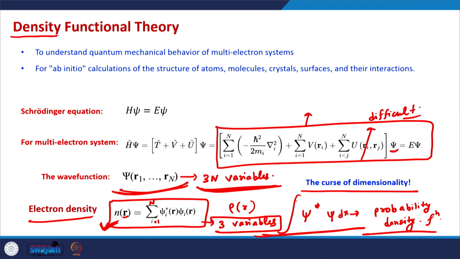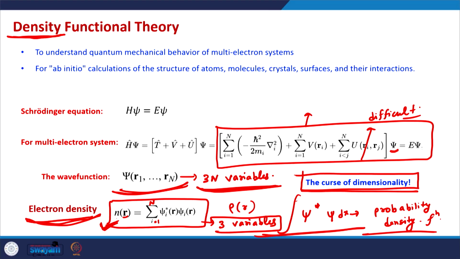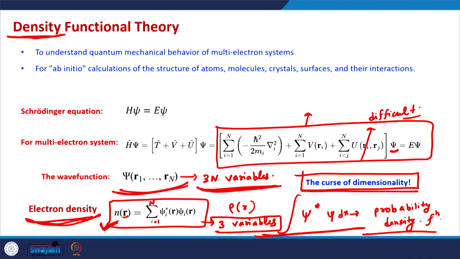That's where this first term, density, comes in DFT, because instead of directly dealing with the wave function of electrons, it deals with the electron density function. Whatever be the number of electrons, the electron density function will just be a function of 3 variables. So this curse of dimensionality is dealt with by dealing with the electron density function instead of the electronic wave function. But how do we deal with this electron density function? How do we solve, or in a way solve, this Schrodinger equation using the electron density?